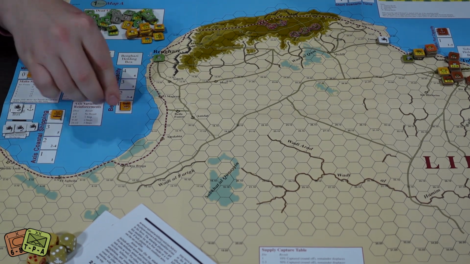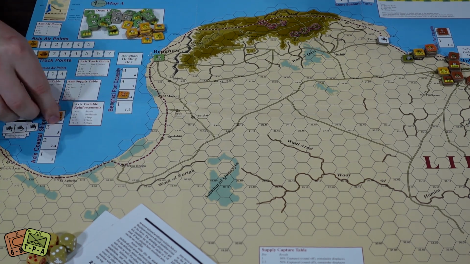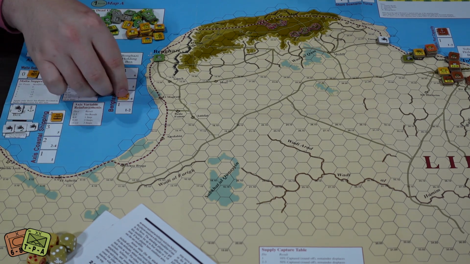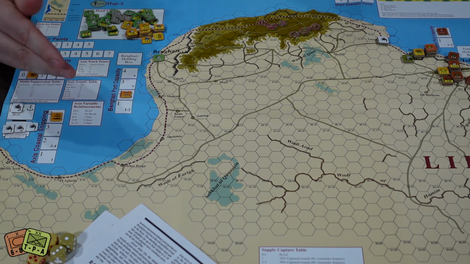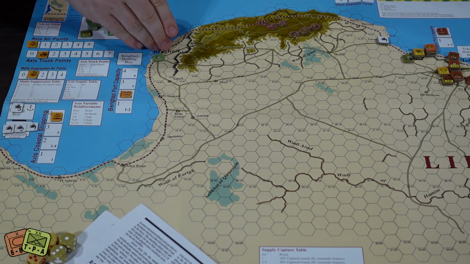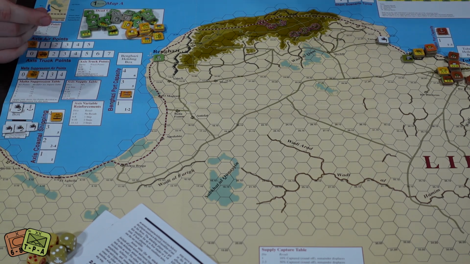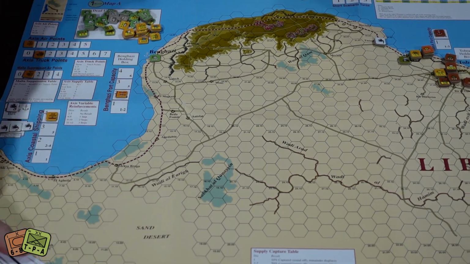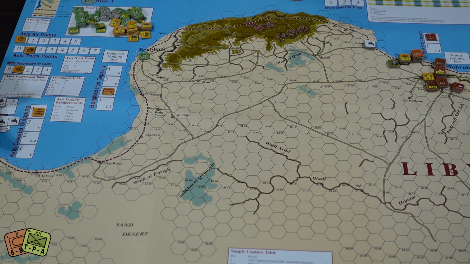But then you also have to roll your port capacity, roll a d6. So you might have 4 boats that you can use. But if the port capacity of Benghazi is only rolled as a 2, only 2 of those boats can go into Benghazi. Now, 2 of them could go into Tobruk if you controlled Tobruk and you rolled on that table, but you're limited by, you'll roll both of those, and one of them's going to be a limiting reagent, so